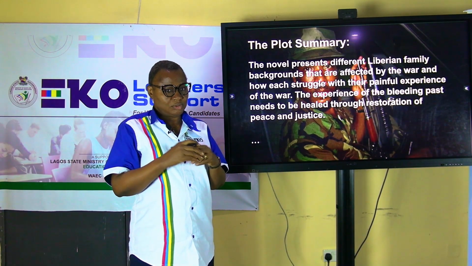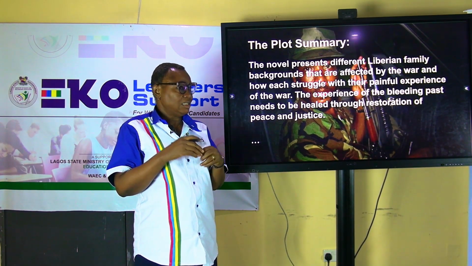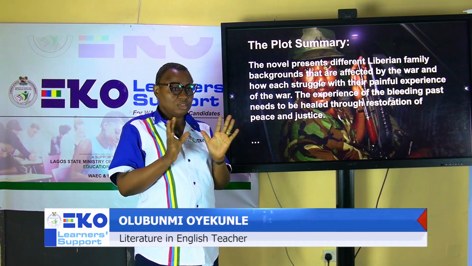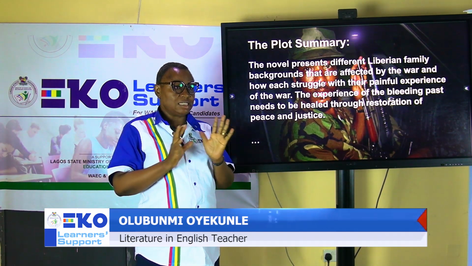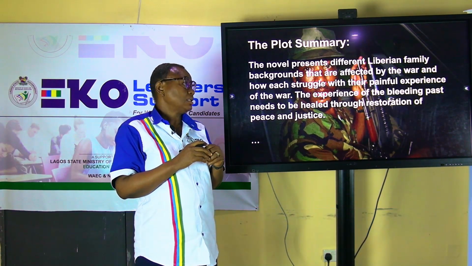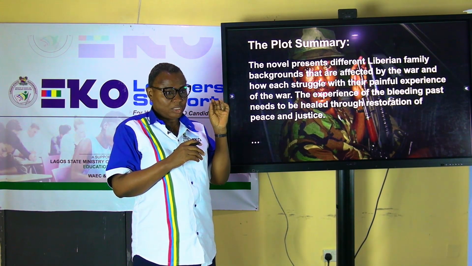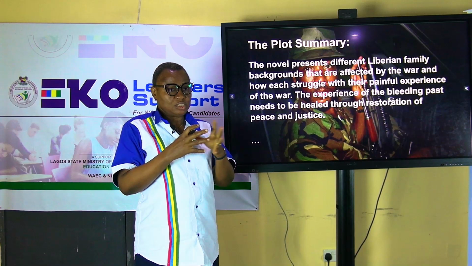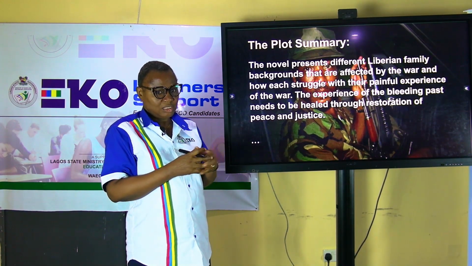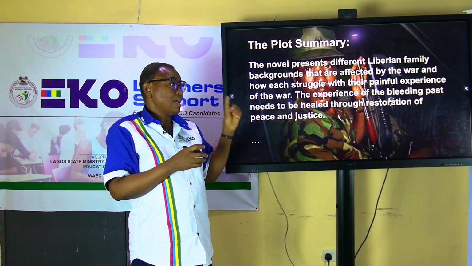In this novel, it is not out to reveal the gory sides and the evil that are perpetrated in the war. Rather, it wants to show the way everyone is making efforts even to bring about reconciliation in Liberia that is